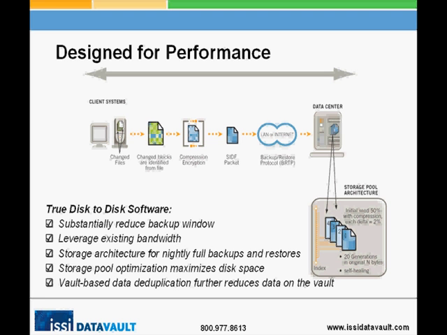This is possible because the brains of the backup vault, the director, catalogs the date and time of each backup and utilizes pointers to map the changed data back to the original seeded file. Upon restoration, the changed data from the desired restore date is reapplied to the original seeded file and transmitted back